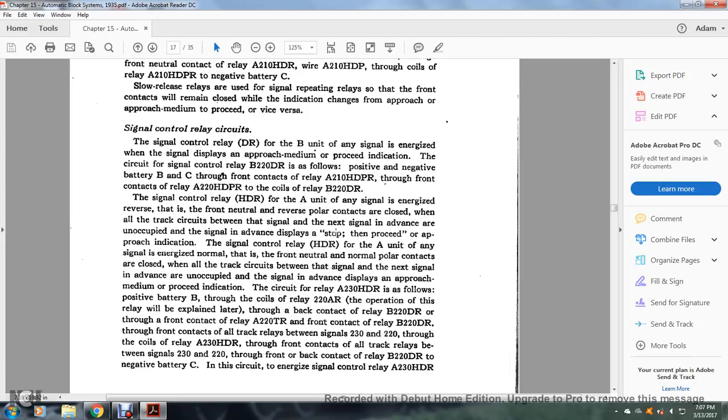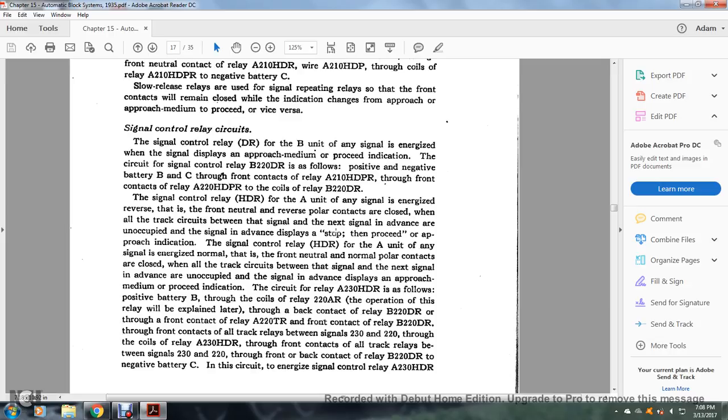The signal control relay HDR with the A unit is energized. The reverse and neutral reverse polar contacts are closed when all the track circuits between the signal and the next signal advanced are unoccupied and the signal advanced displays stop and then proceed with the approaching indication. The signal control relay HDR with the A unit can also energize normal, with the front normal neutral normal polar contacts closed, when all track circuits between the signal and the next signal advanced are unoccupied and the signal advanced displays approaching medium or proceeding indication. The circuit of relay A230 HDR is fed